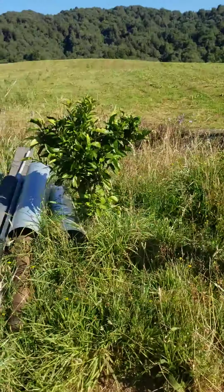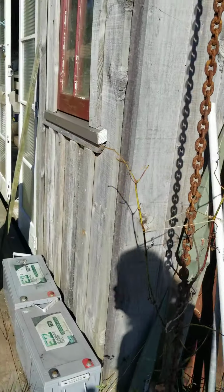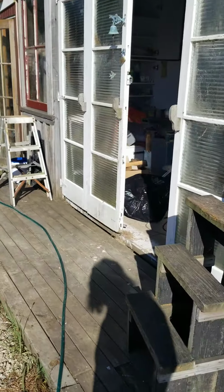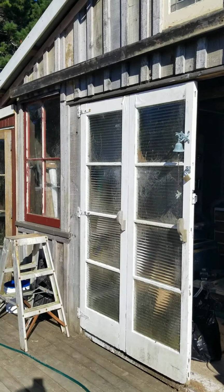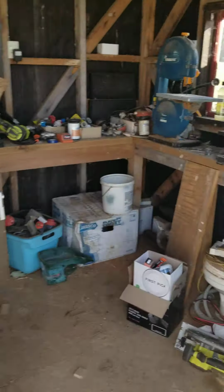Recent addition is the laundry. As we're staying out here more and more, decided to add a laundry. And this is the workshop tool area. As I say, there's electricity in here